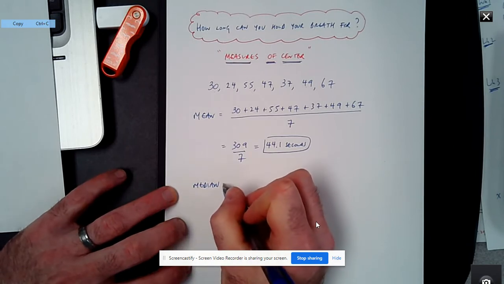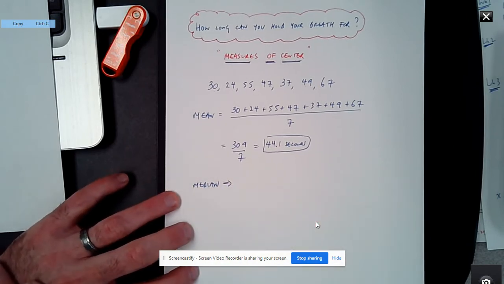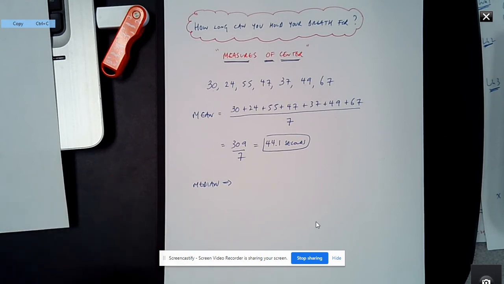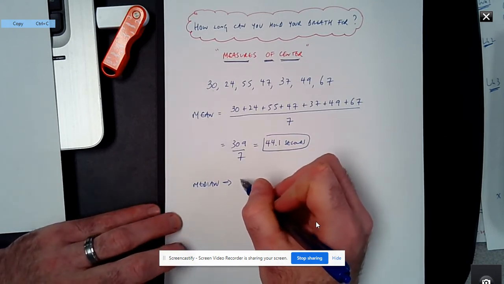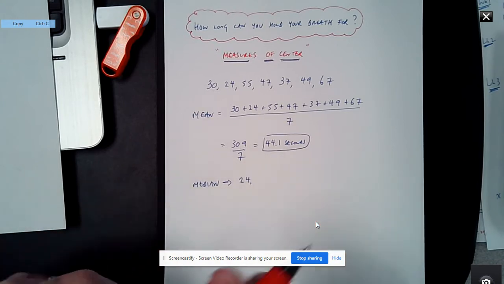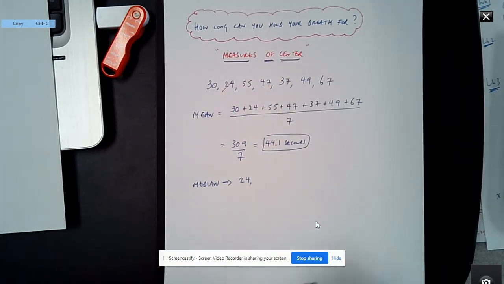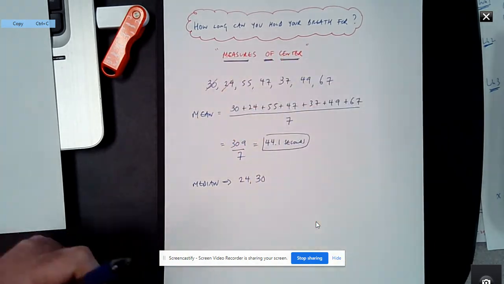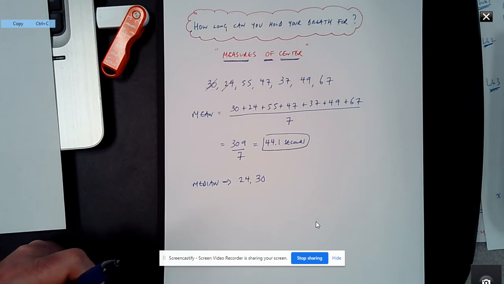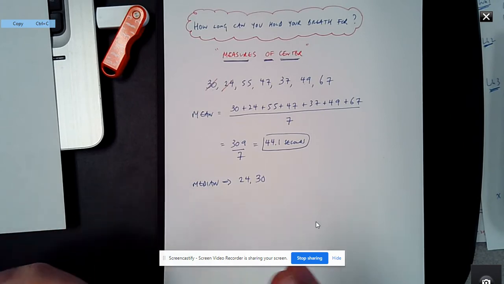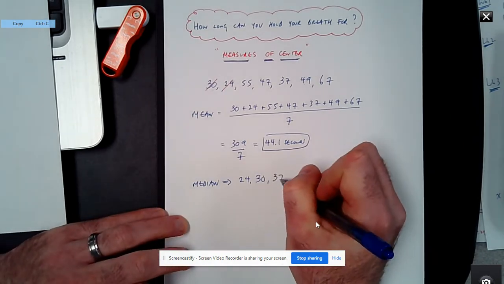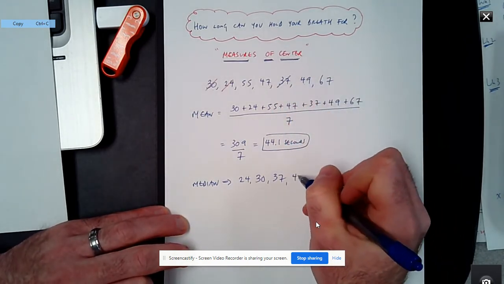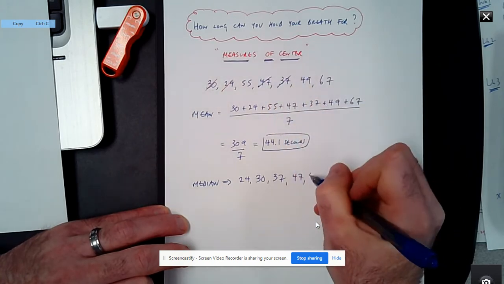So another measure of center is the median. The way that you calculate the median is you arrange all the numbers into numerical order, starting with the smallest, going all the way up to the highest. So let's start off. The smallest number we have is 24. And I'm going to cross that one off. The next one appears to be 30. And I'll cross that off. It's very good to cross them off as you go, so you don't repeat anything, and you can organize your work too. The next one is 37. Cross that one off. And then we have 47, 49,